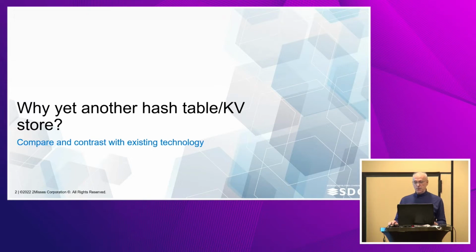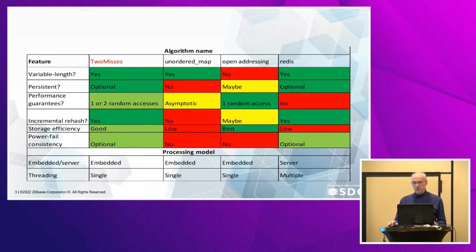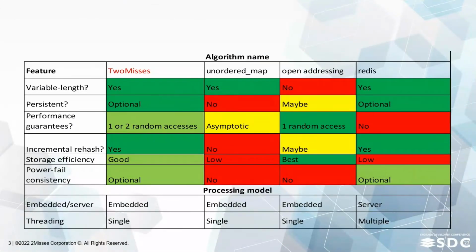Compare and contrast with existing technology. So here are some hopefully representative algorithms that exist already. The three last columns. An unordered map. Everybody who writes in C++ knows what that is. It can handle variable length records. It's not persistent. It has performance guarantees of an asymptotic nature, but they're not specific to any particular access. It doesn't